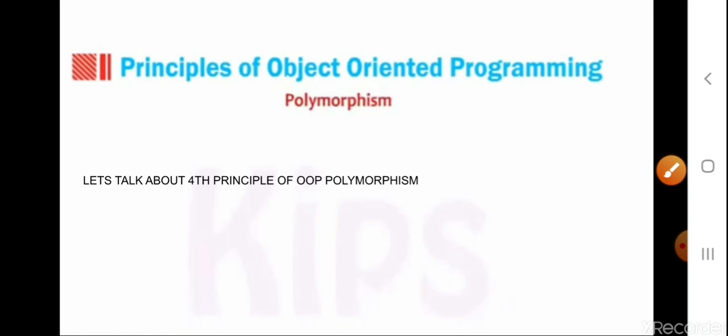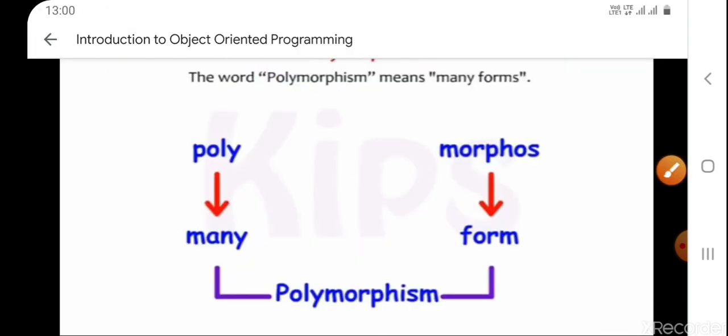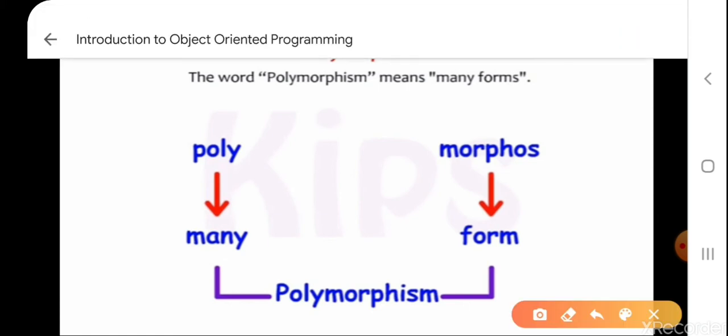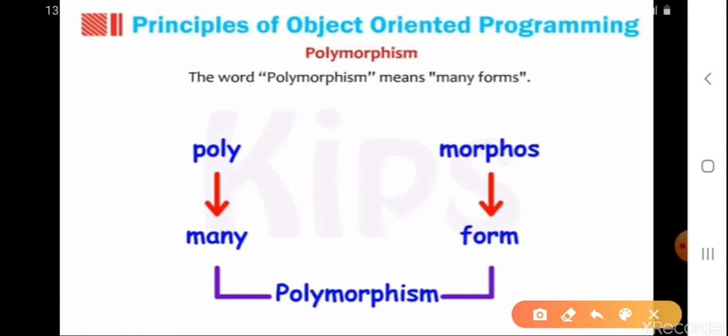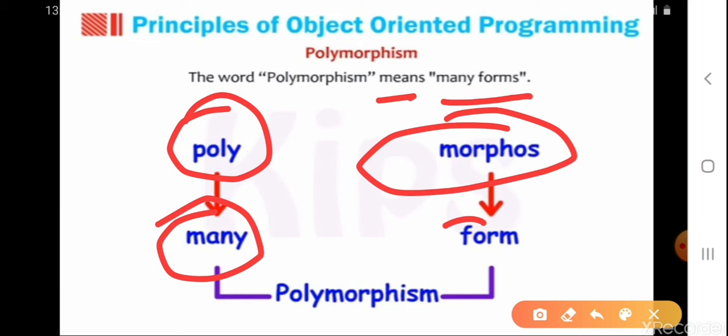Now, let's talk about the fourth principle of object oriented programming, which is called polymorphism. Over here, polymorphism means many forms. Poly means many, and morphos in Greek means form.